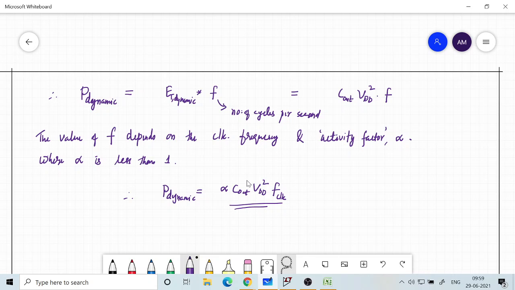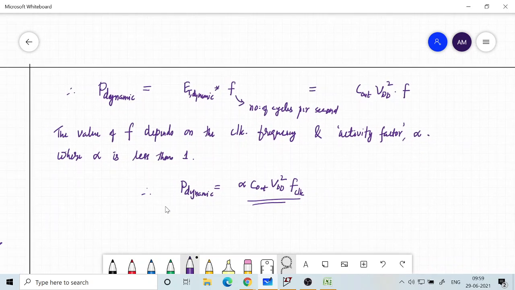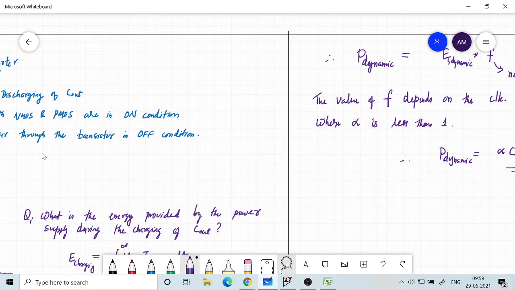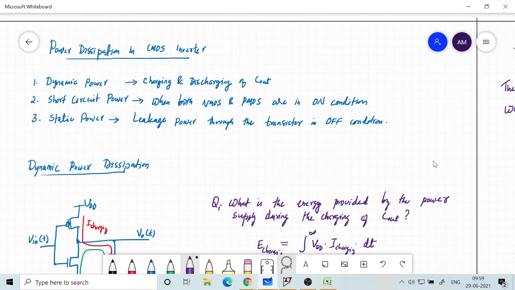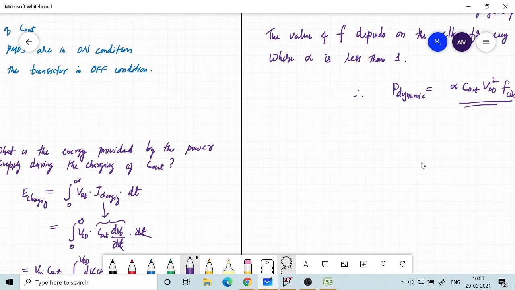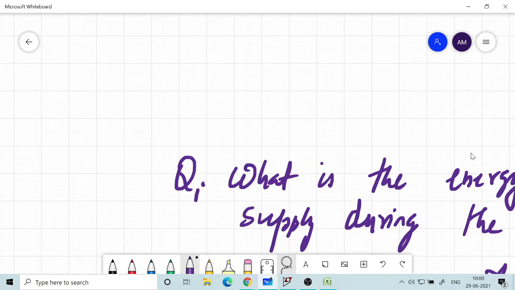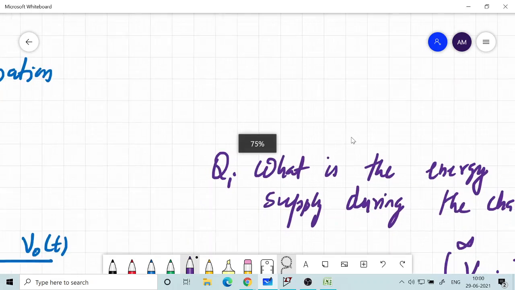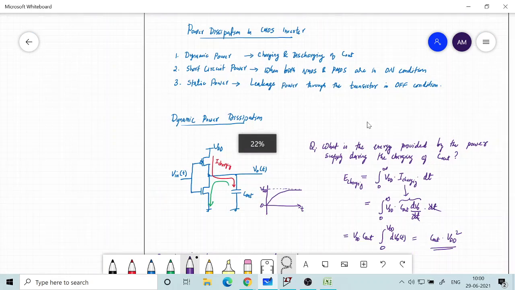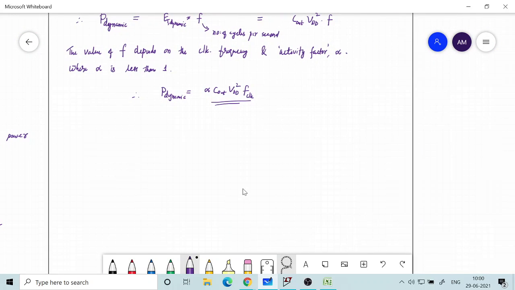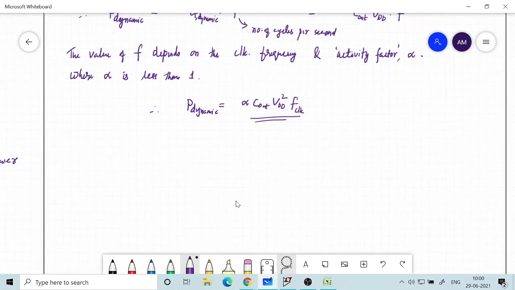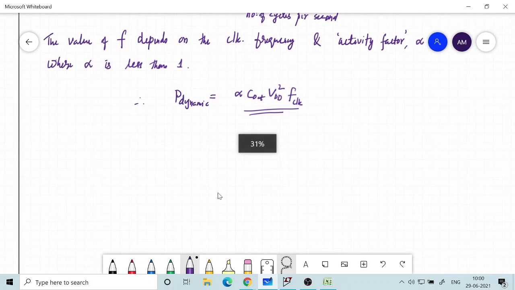Okay, so that's about P dynamic. Now let's go to the short circuit power. So that's the second dissipation. Now we will look at the second, which is short circuit. So before we look at the evaluation of the second power dissipation factor, number 2,